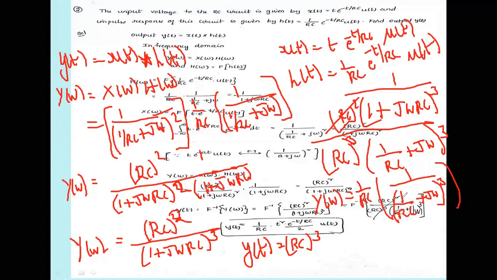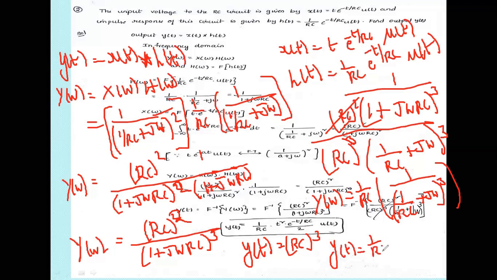So it is in the form of 1 by (A plus j omega) whole cube. Square means t is multiplied, and cube means t square by 2 factorial. To apply the inverse Fourier transformation, it becomes y of t equal to 1 by RC